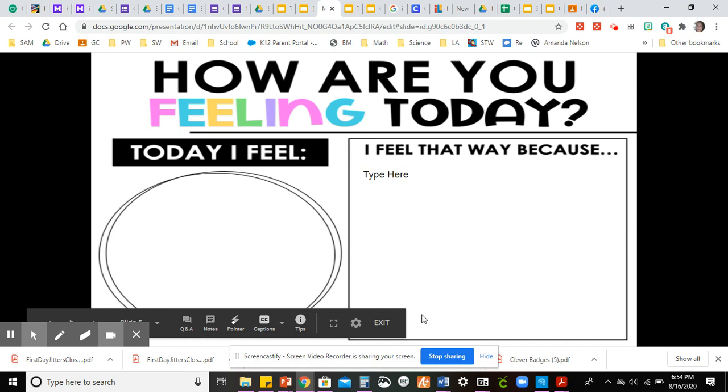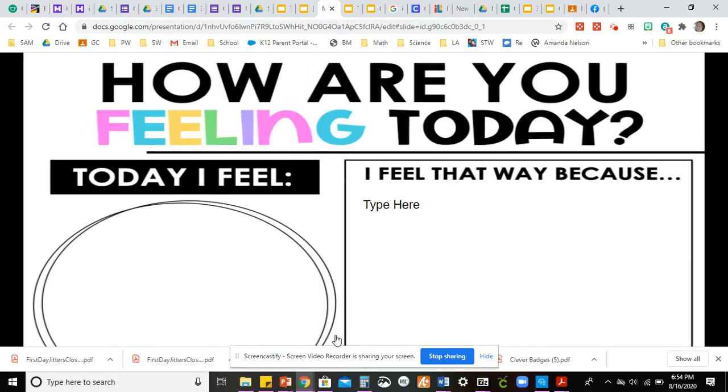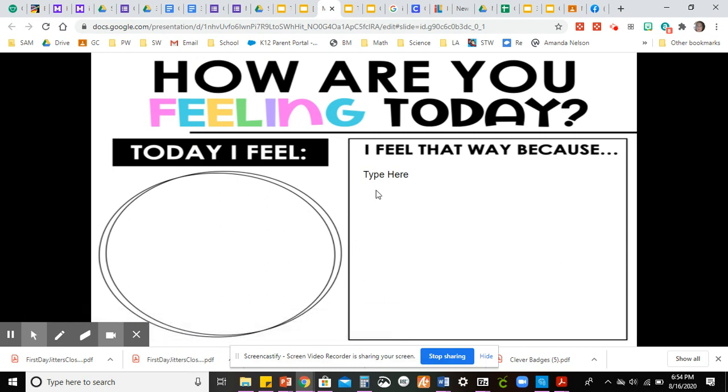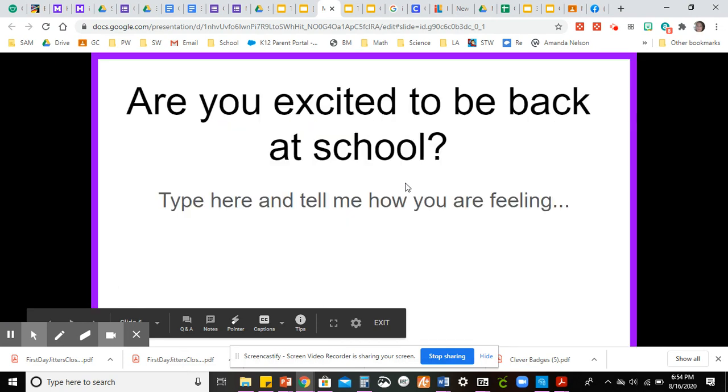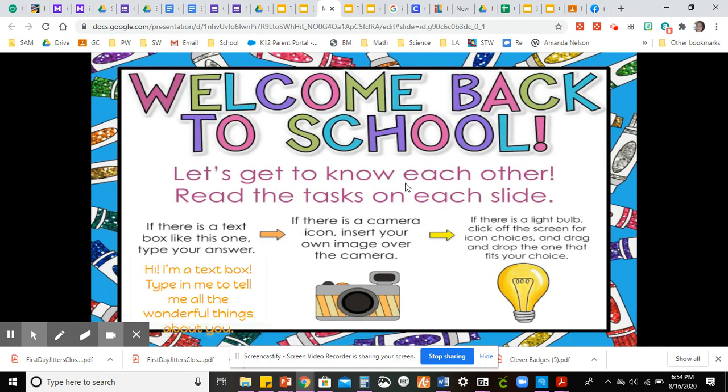So you don't want yours in present, you want yours small. So let me show you. Whoops, whoops, whoops. Maybe I can't do it while I'm recording. But you don't want your window big like this. You want it little so you can see the emojis on the side. Okay, and that one's going to change where it's at.